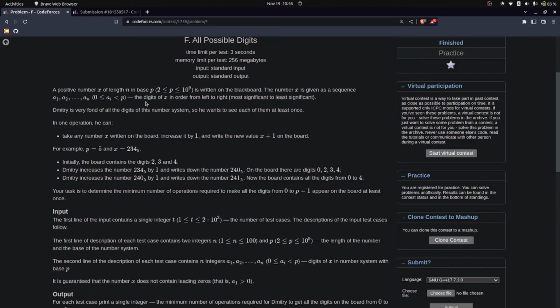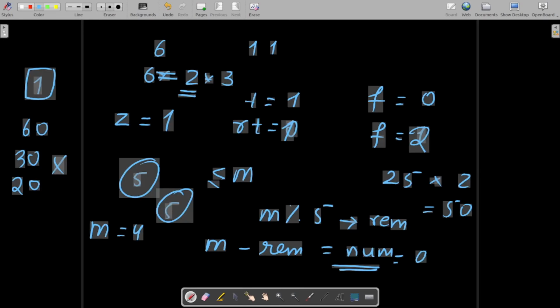A positive number x of length n is given in a base of p. That means it's not base 10 necessarily. Generally, we standardly use base 10 for any number. So let's see how the base system works first. So for example, in base 10, we write numbers from 1 till 10 minus 1. And then we add,